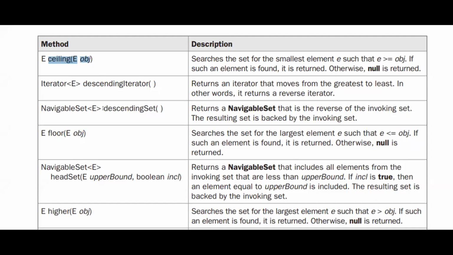So the next method is descendingSet. In descending set, it will return a navigable set which will be the reverse of the invoking set. So the resulting set is backed by the invoking set. So if you want a reverse of a set, then we can use this navigable set.